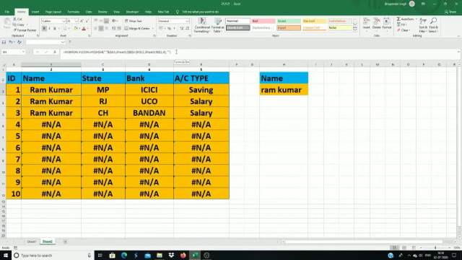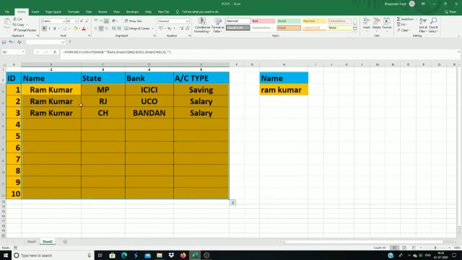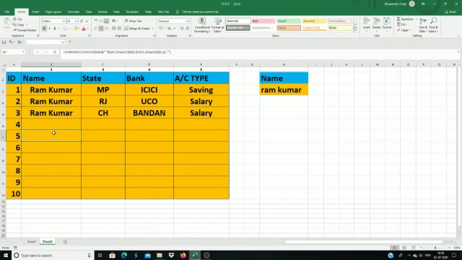So let's drag this right and down, Control R, Control D, and now you can see, guys, here we have a magic. Now our project area is looking very fine, neat and clean. So guys, I hope now you understand how you can use VLOOKUP when you have multiple similar lookup values in Excel.